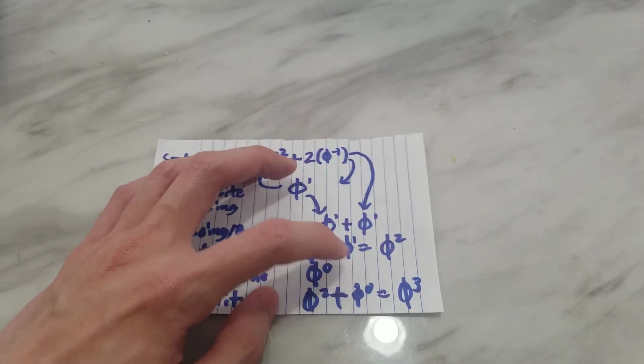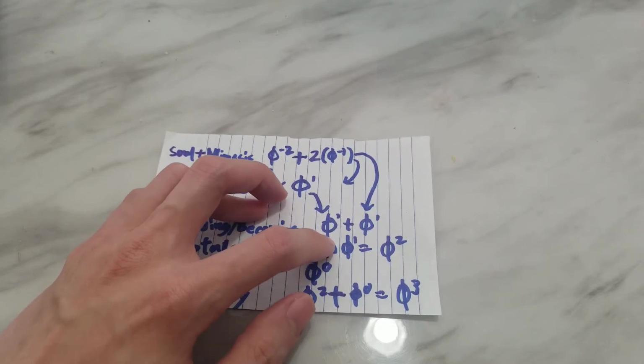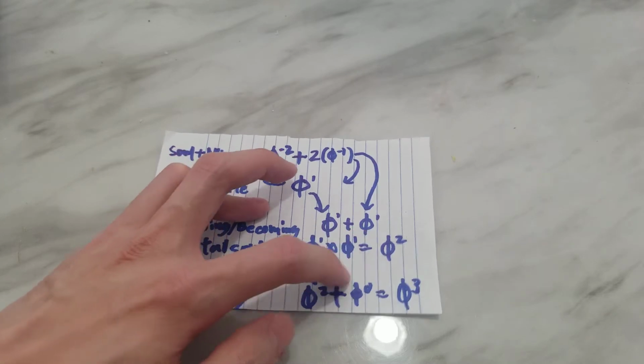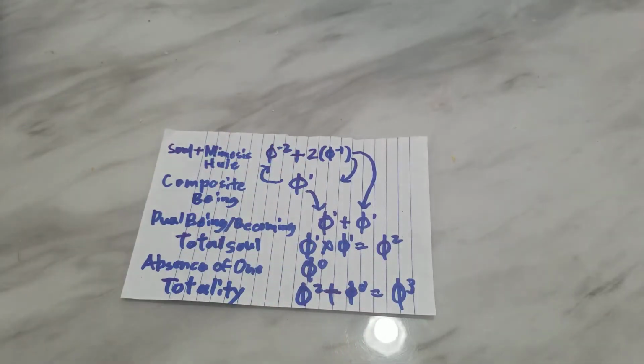So it is more meant to be 5 to the power 2 plus 5 to the power 1 plus 5 to the power 0 equals 5 to the power of 3. But